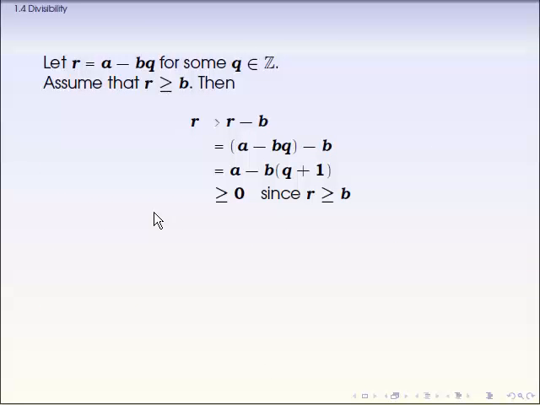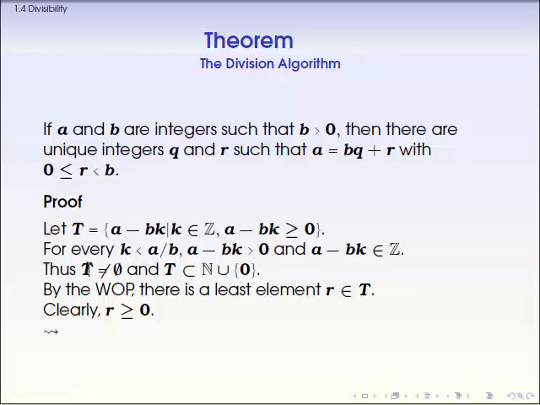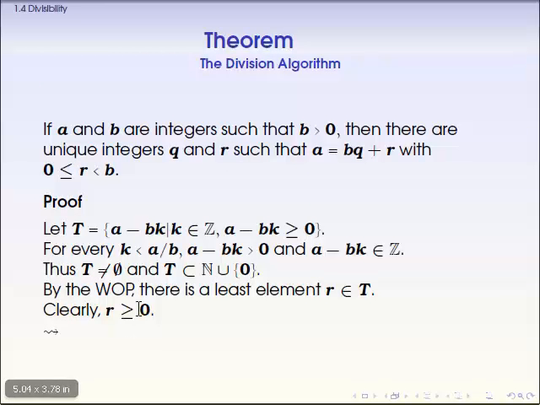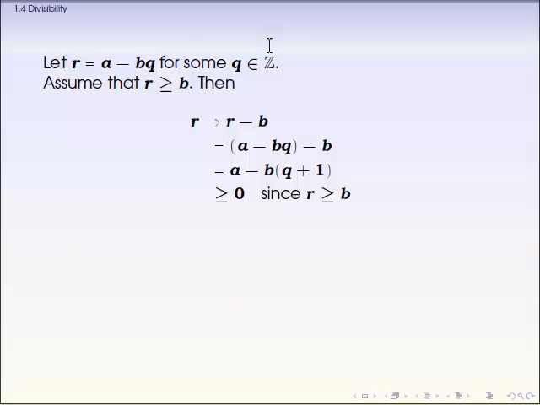Then because r is an element of T, and T is a collection of this type of elements, there must be some integer q such that r equals a minus bq. That's clear. So now let's prove the condition on r. We already proved r is non-negative. Then we need to show r is less than b for some q like that. So let's assume r is greater than or equal to b. Then clearly r minus b